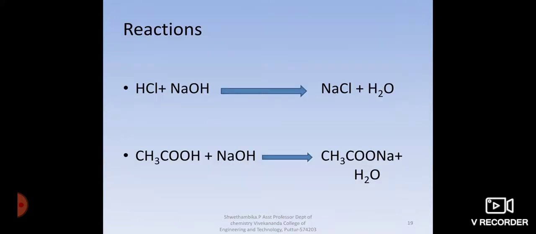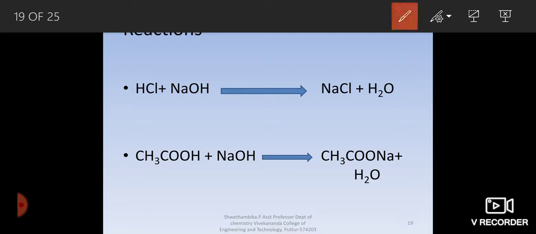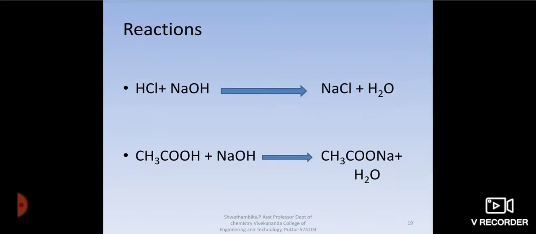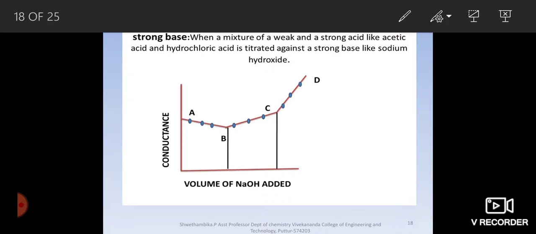Now if we are accounting for the same, you have to give the two equations which you studied in case 1 and case 2: neutralization of HCl to give NaCl, and acetic acid to form sodium acetate. Two reactions must be supplied and the reason must be accounted on the same basis. Now let us go back to the graph and justify the same, as it is a revision of case 1 and case 2 as well.